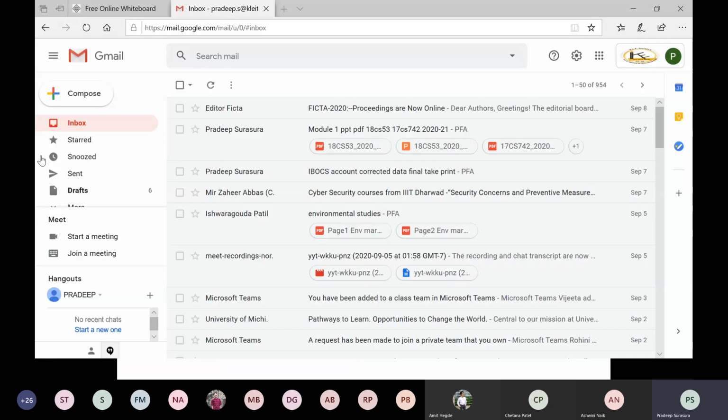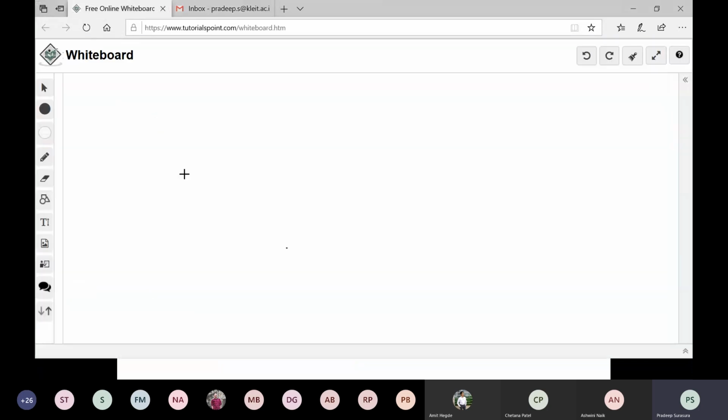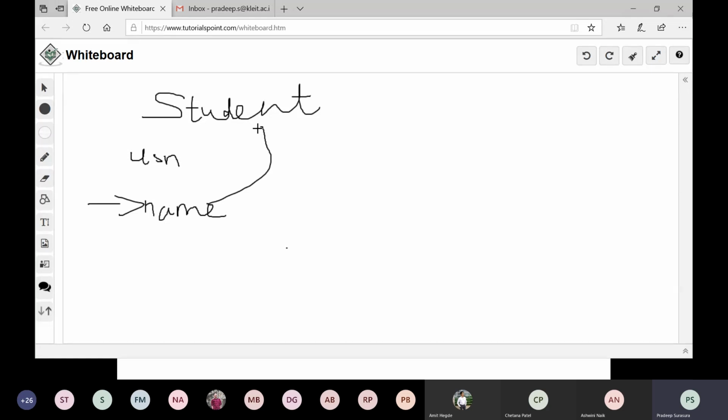Let me go to the whiteboard. In the morning I told you the example of a student. In student, I take the example of USN. I take the example of name. These are some properties which are describing the entity.